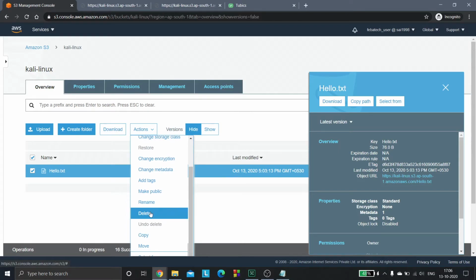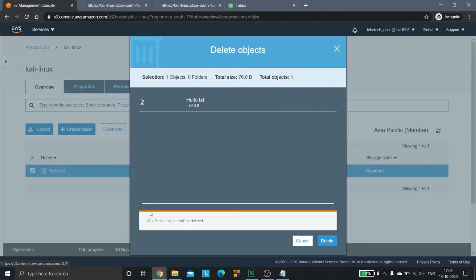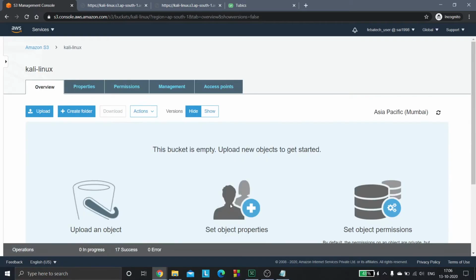In the previous case, when versioning was disabled, since there was just one file, the file was just gone, completely disappeared. Let's see what happens in this case. I'll click on delete and delete. Here you see the file is gone.